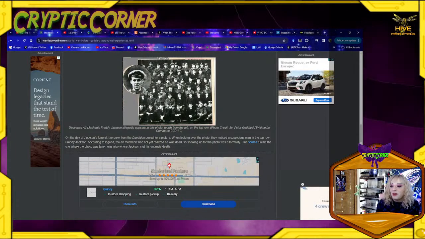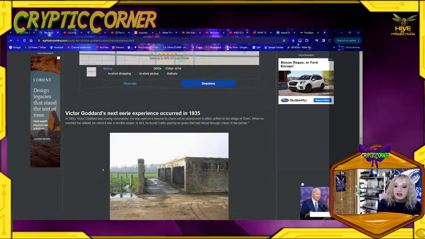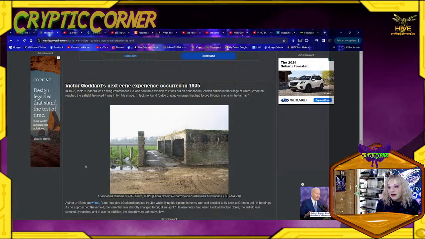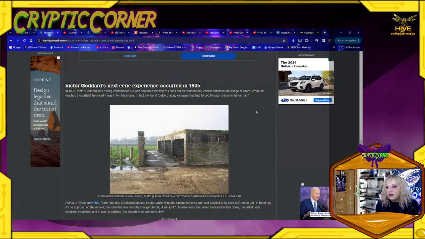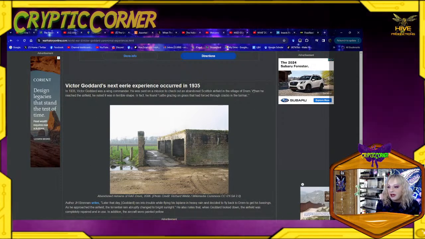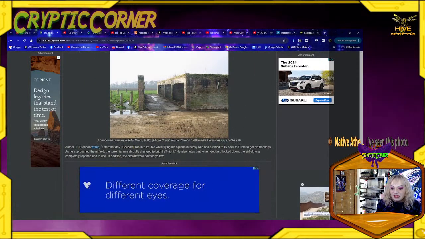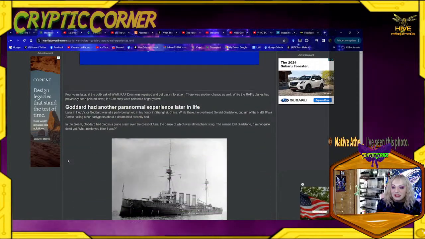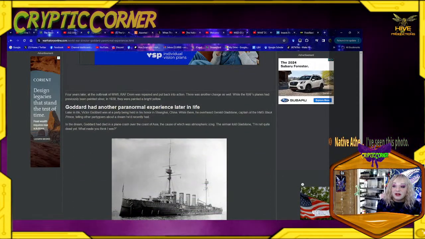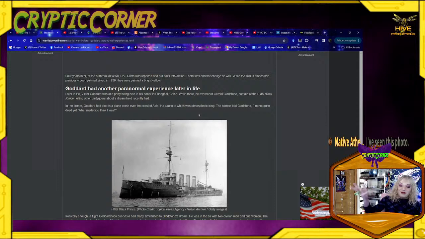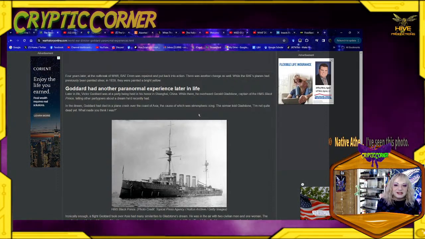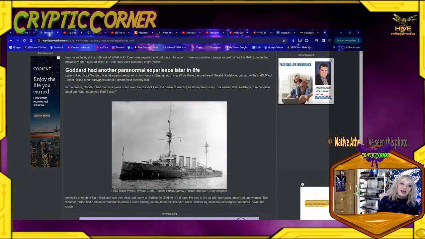Okay, so he showed up for the funeral picture. Victor Goddard's next experience occurred in 1935. That's the one that we're talking about, the Drem Airfield incident in 1935. And then Goddard had another experience later in life. Yeah, this is why I wanted to bring this up, because it demonstrates that this person had a lot of